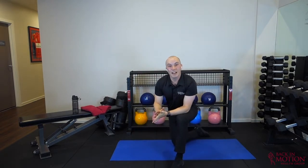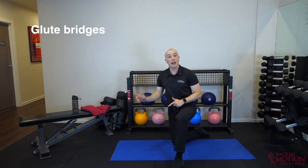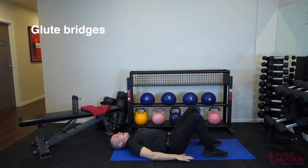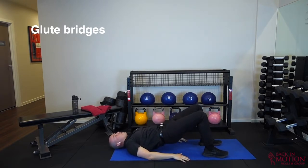The next exercise on the list are glute bridges. So what you're going to do with glute bridges, you're going to lie flat on your back. Like this, feet face shoulder width apart, hands flat on the ground. You're going to squeeze your buttocks together and you're going to lift up. Good. Just like that. And you are driving through your heels, so make sure your feet are flat on the